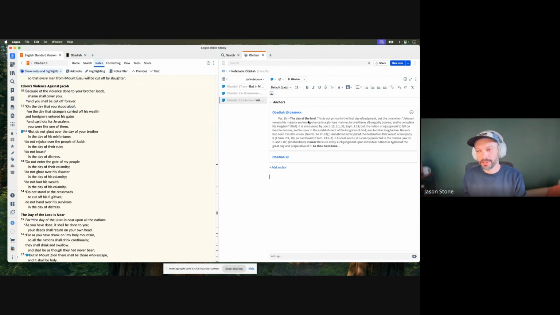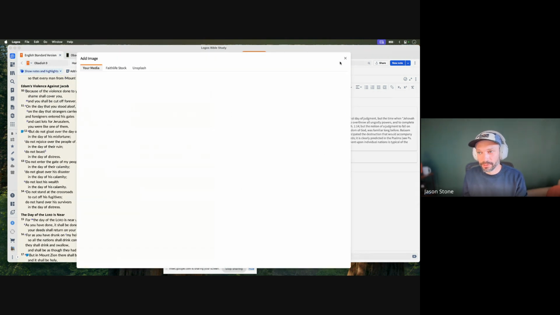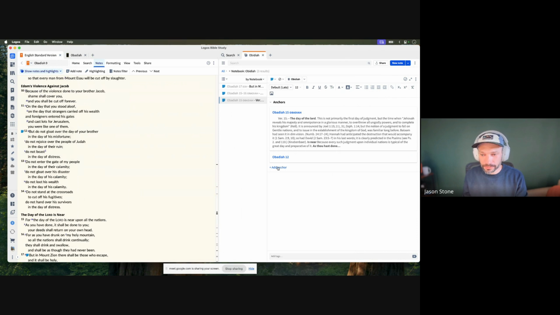So yeah, you can add a whole bunch of notes, a whole bunch of text. Of course, you can add images or whatever you want to this note. And then you can add anchors here. So you can add whatever scripture reference you wanted to, and that will highlight across all of your Bibles, any Bible. So it's not linked directly to the ESV in this case. And then you can also search it. So yeah, as you're doing your research, you could go the route of notes, it sounds like.